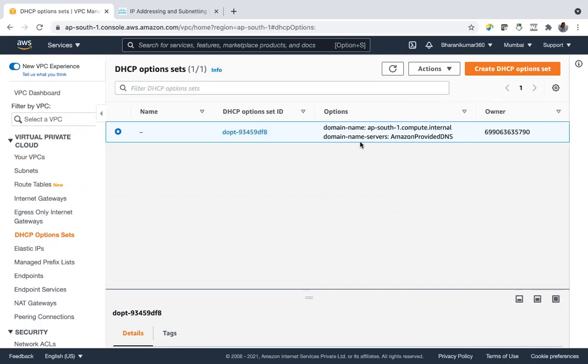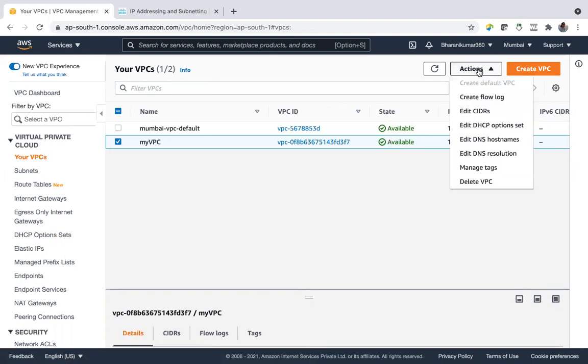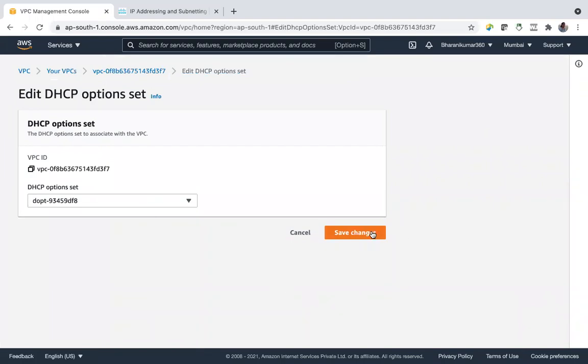And what this DHCP option set is, it is required to bring in your DNS servers, etc. And all the EC2 instances, they'll get some DNS name as well as public IP, right? Who assigns that DNS name to them? This DHCP option set. By default, when you create a VPC, it might be using this, or there will be no DHCP option set. Go and check. If there is no DHCP option set, you can enable it. You can attach a DHCP option set.